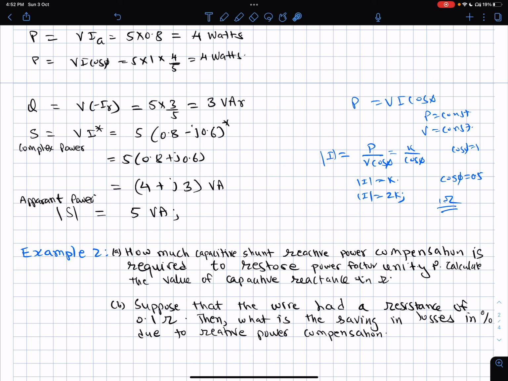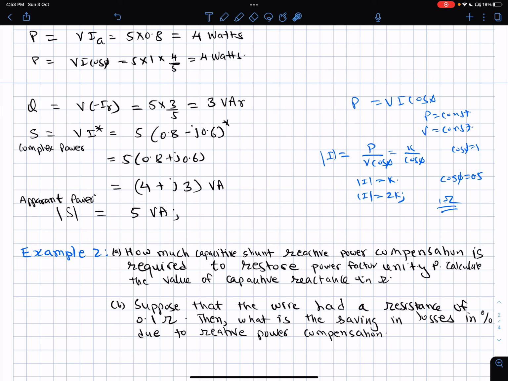So suppose in your house you use loads which are highly inductive, then what you are doing is causing a societal loss by creating a significant amount of wattage loss in the distribution wires and the transmission wires. So who should pay for this? Actually you should pay for it, but is it metered? No, your meter measures how much power you are using. That meter is sitting inside your house, at the doorstep of your house, so it cannot measure what happened in the wire.